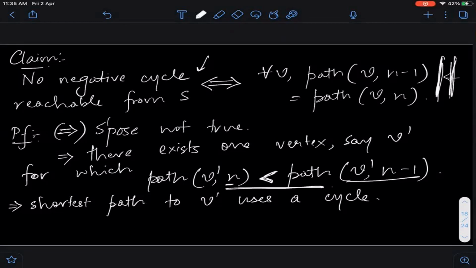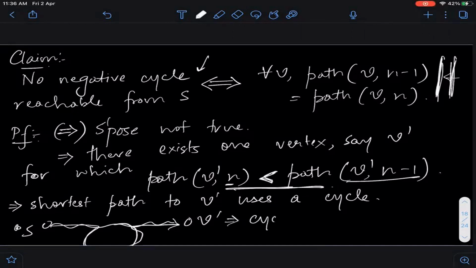So basically what we are saying is that ये S से V prime तक का कोई path है जिसमें n number of edges है, तो उसका मतलब है कि कोई एक cycle है इसके बीच, और ये जो total path है S से ये cycle लेके फिर V prime पहुंचने का, you are claiming that that path has a lower cost than the path which does not use a cycle. The only way that can happen is if this cycle has a negative cost. Okay, so this implies cycle is negative, and that, my friends, is a contradiction.